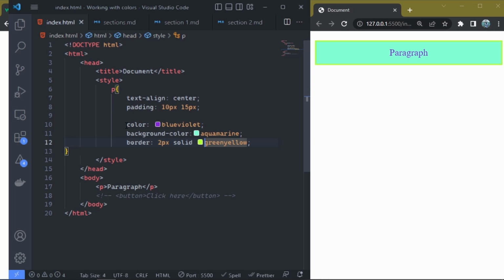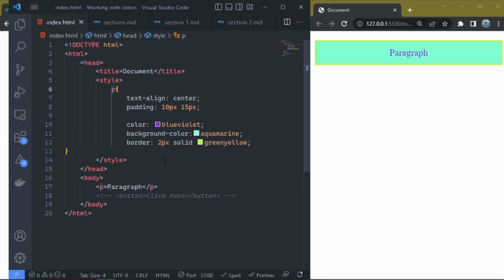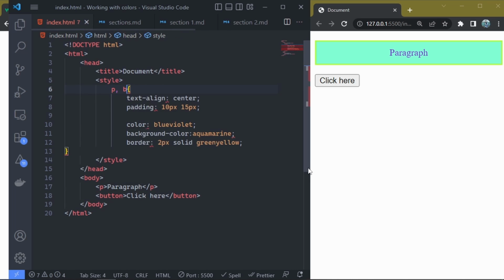So the good thing with these properties is color must not be applied only to a paragraph. All the other HTML elements, headings, buttons, links can have these colors applied to them as well. So if I uncomment this other line, which is the button, for example, you see that we'll get a button with click me text in it, and we can as well apply a background color, border color, and text color to this button. So if I add the button style to the styles of the paragraph as well, put here button,